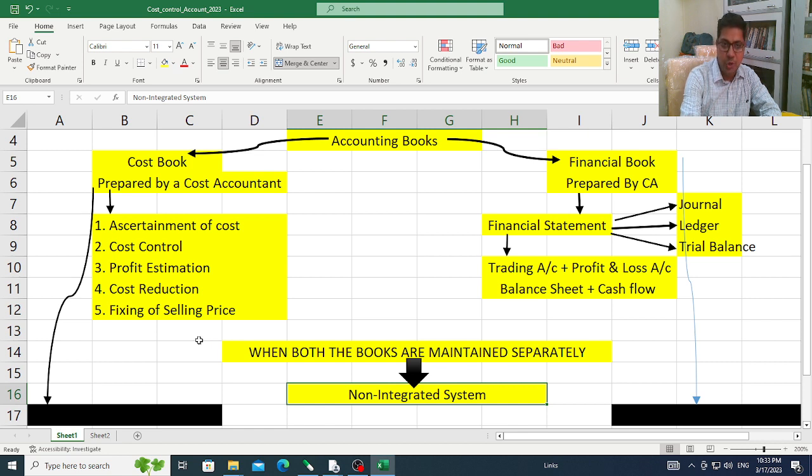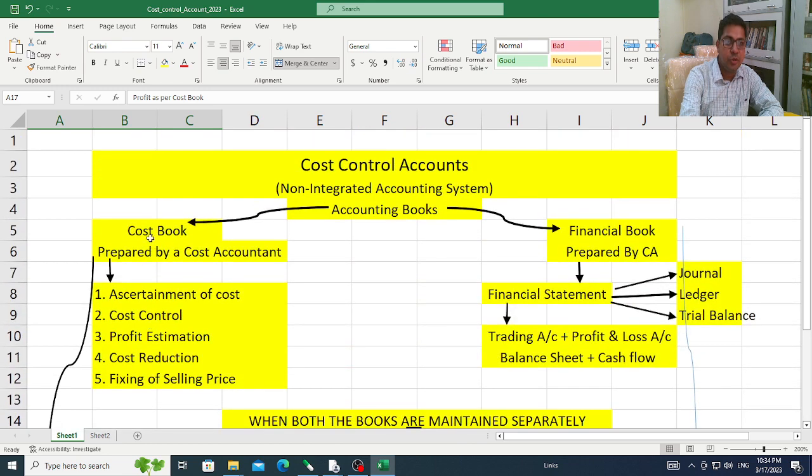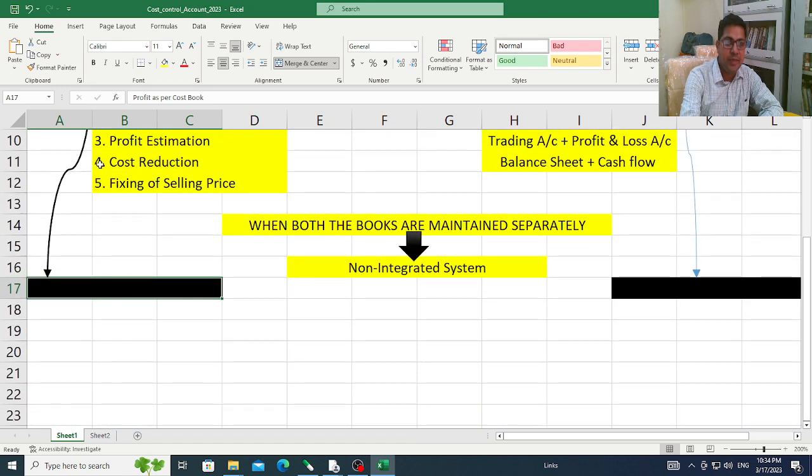Why is it called non-integrated? Because the cost books and financial books are prepared separately. If they are prepared separately in the organization, such an accounting system is called a non-integrated system. Now friends, whenever we talk about the non-integrated system, we earn cost-based accounting and we earn